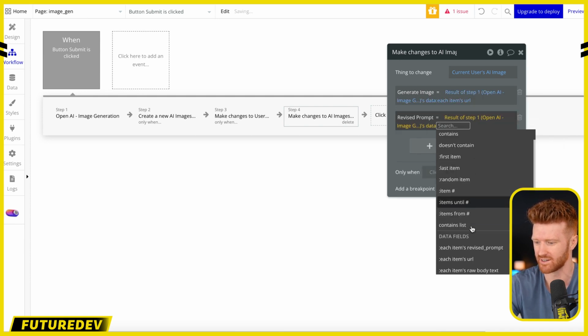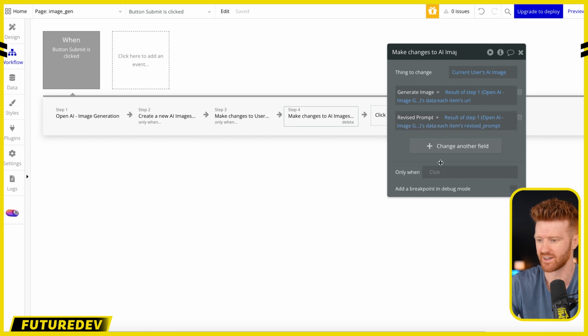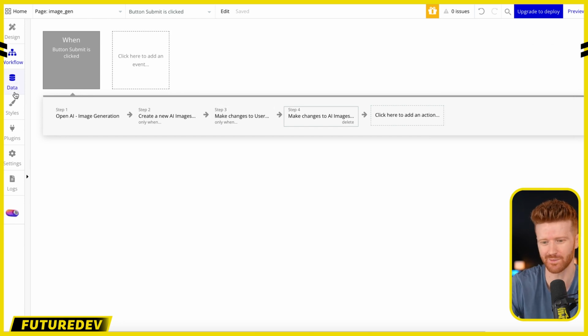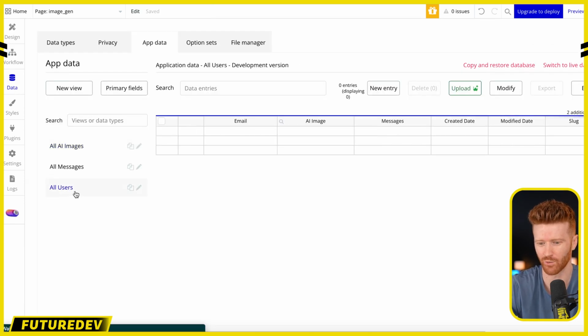So we'll come to data, and we'll get the revised prompt. And that is all you need to do in order to make this work. So now all that's left to do is, well, test to see if this works. So before we do that, we need to make sure we come to our database and we go to all